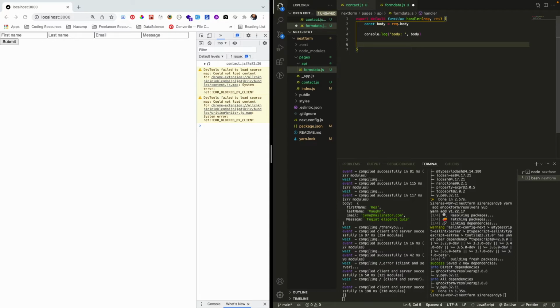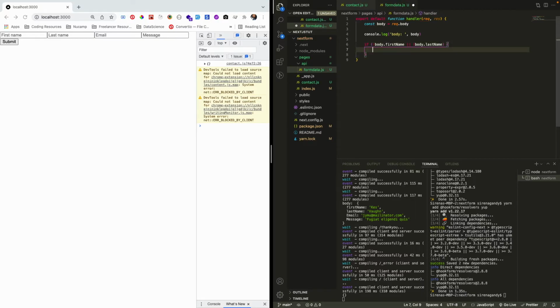Okay, and like I said, we're going to add some conditional logic for when the request is successful and when it's not. And for us, a successful form submission, for testing purposes, is if we have both the first and last name. So if it's missing, it's not successful, and we want to return a response that tells us whether it is or not. So if body dot first name, or if body dot last name is missing,